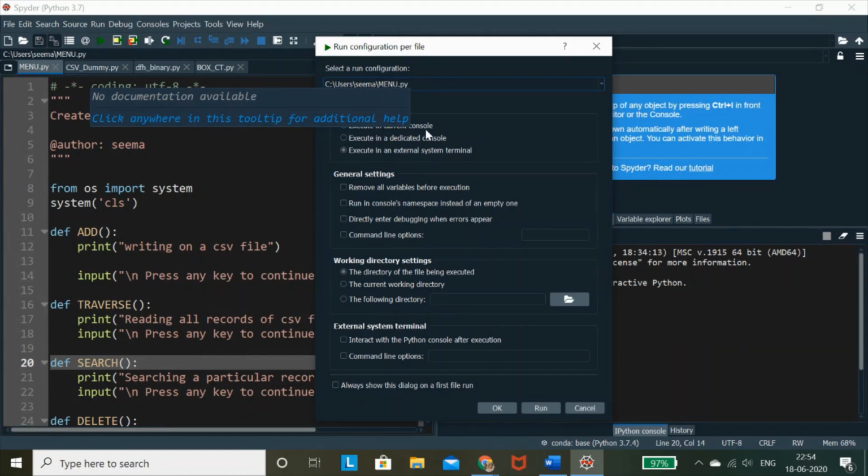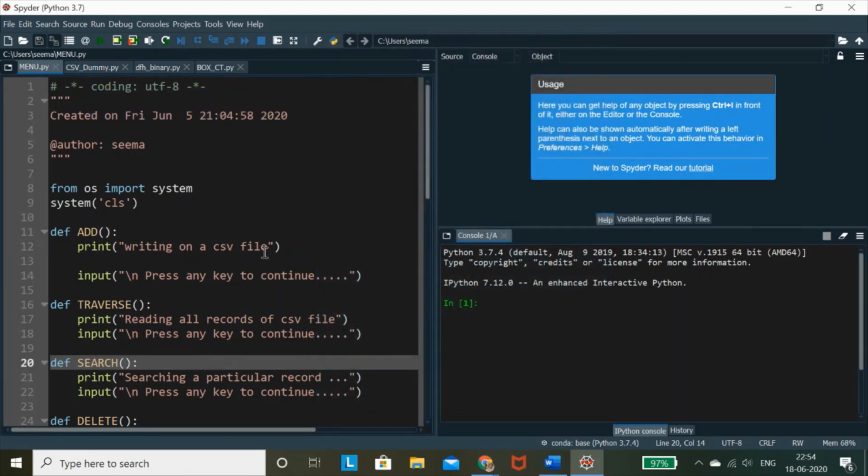If I'm by default using this Python console or my Spyder console, this command will not work. Okay, so that's a basic setting. After that, because I'm using this function which is predefined, I have to import this library OS, and with the help of this OS I will be using this command.